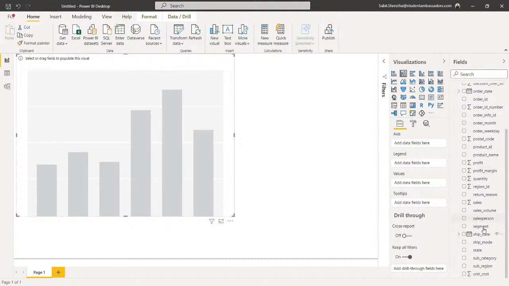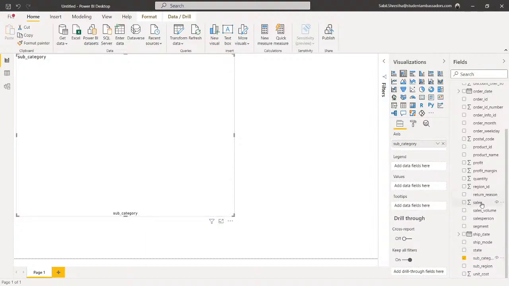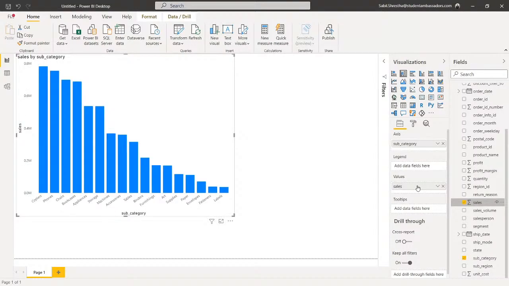So let's add subcategory in the axis and sales in the values. So when I drag and drop, a simple column chart is created, and by default all the subcategories on the x-axis are sorted in descending order, like the rightmost has the least value and the leftmost has the maximum value. Now to customize the charts, like changing its color or font size or x-axis, you need to click on format, that is this icon,